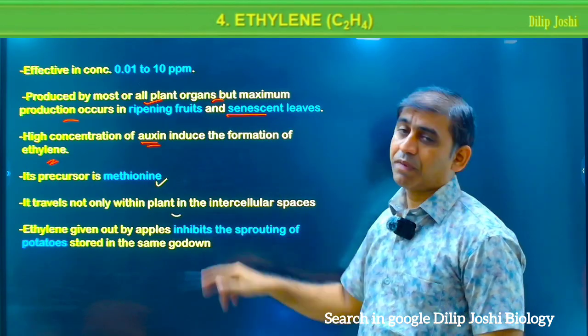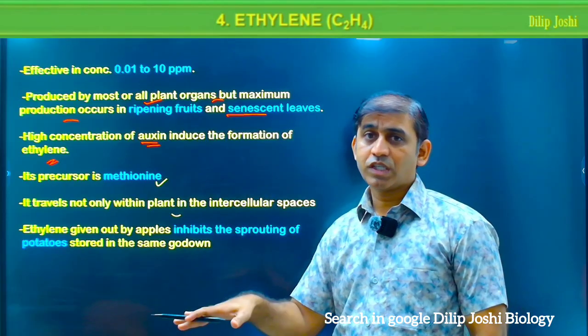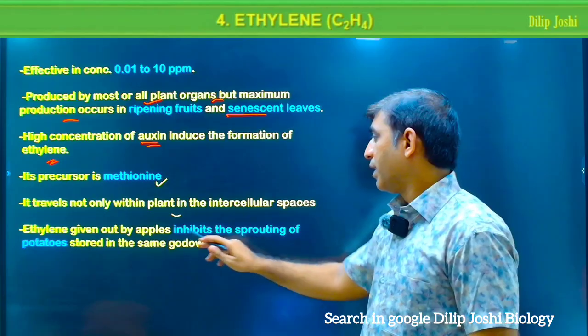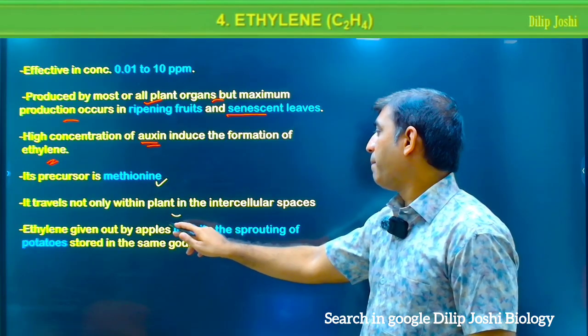Ethylene travels not only within the plant but also through the intercellular space, being in a gaseous state. Then it is given out by apple,